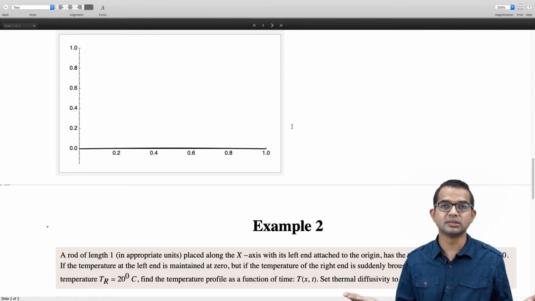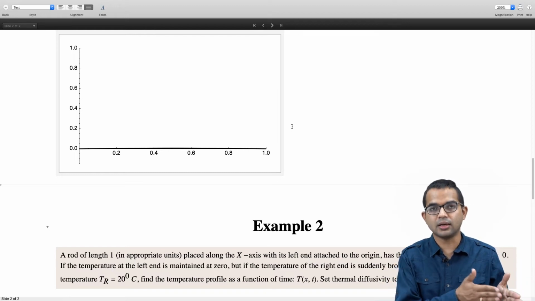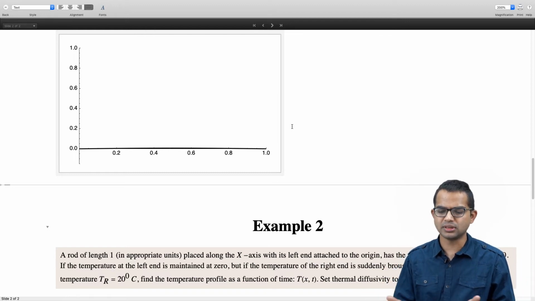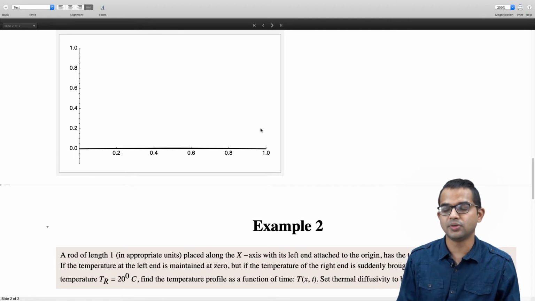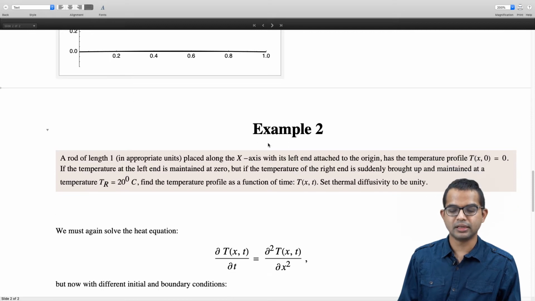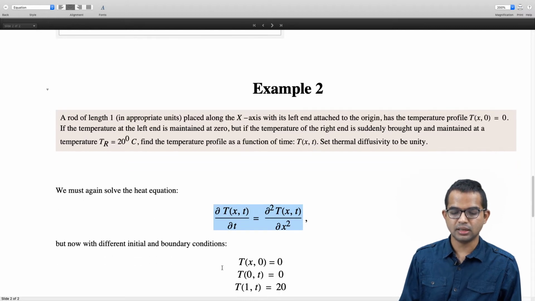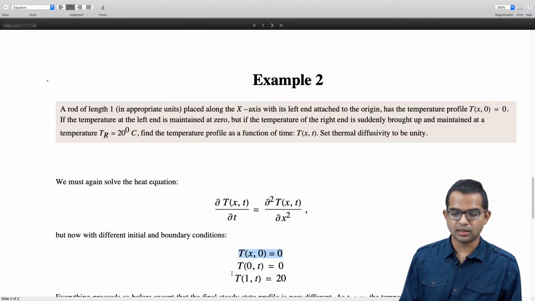So now the question is, what will happen to the temperature of this rod as a function of time and as a function of space? Once again, set thermal diffusivity to be unity. Now, it's clear that we must solve the heat equation. We are interested in the dynamics, and now the initial condition is a bit different, and the boundary condition is